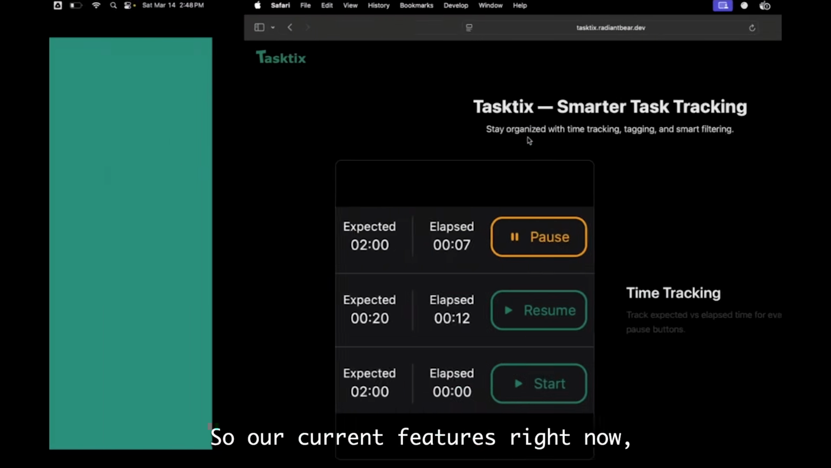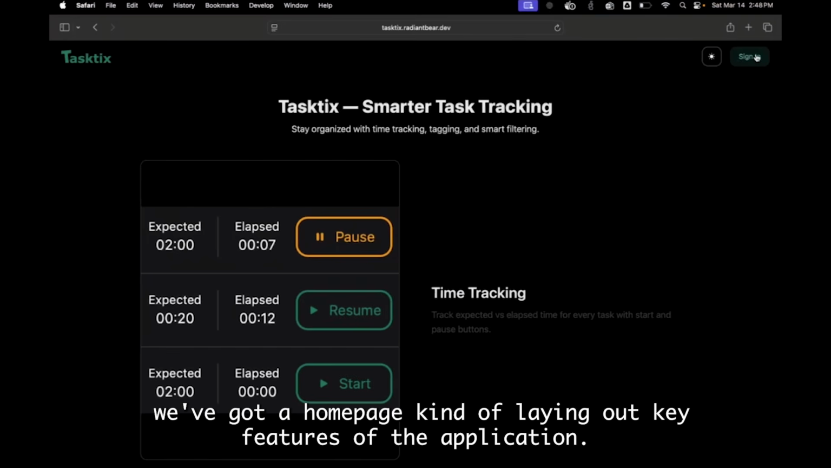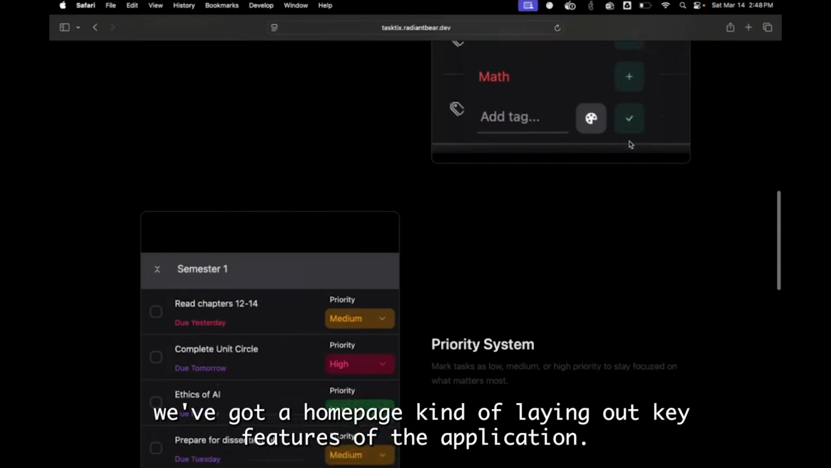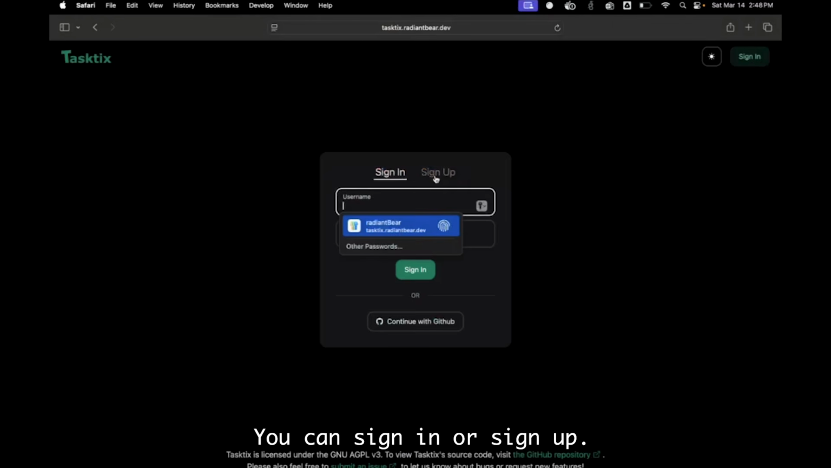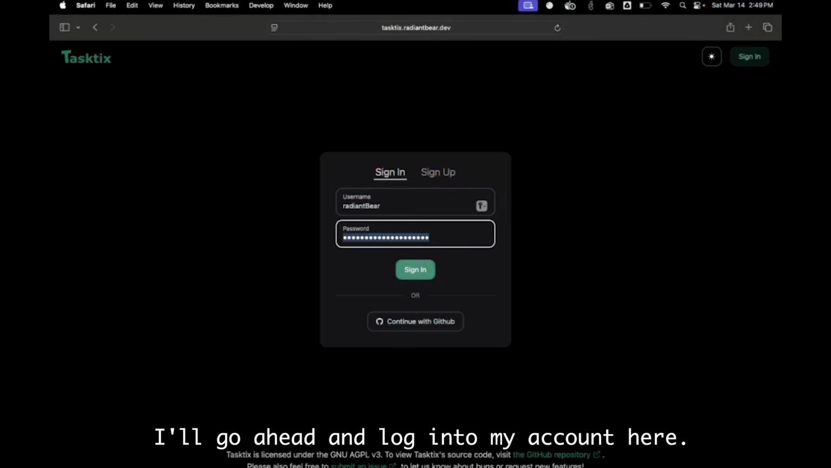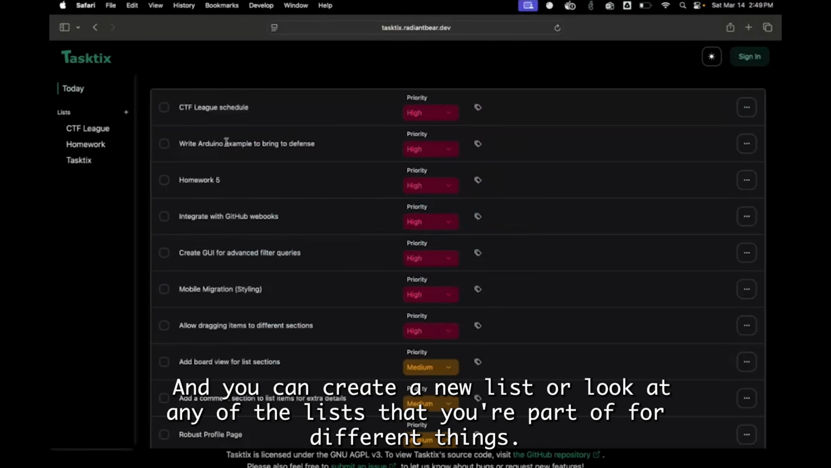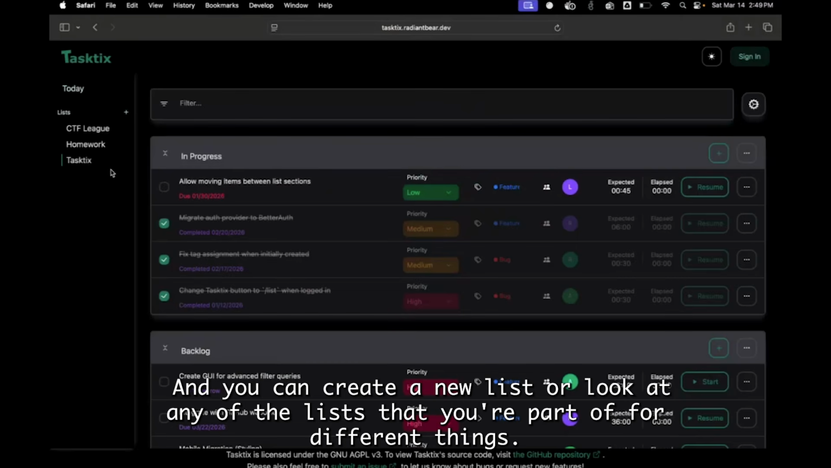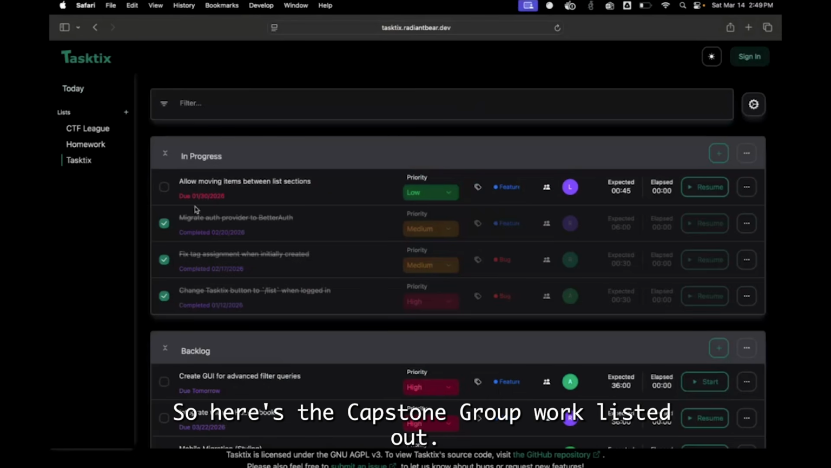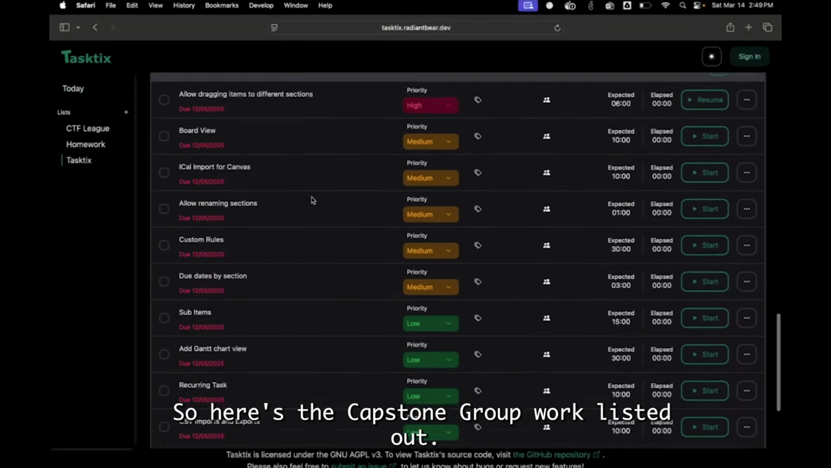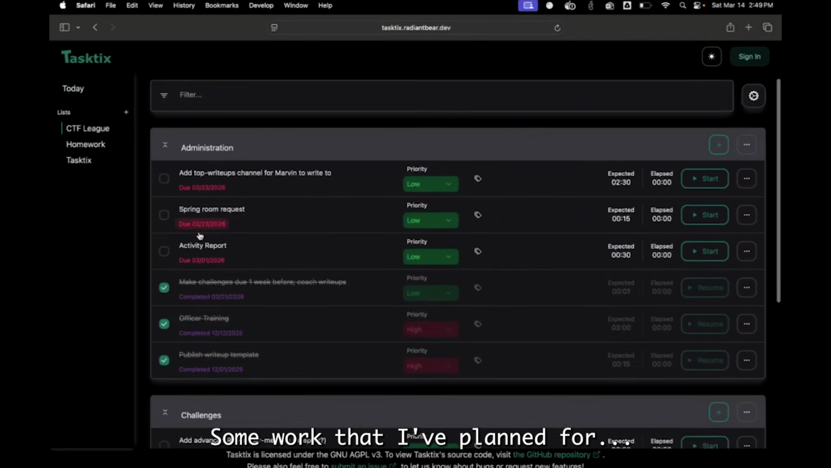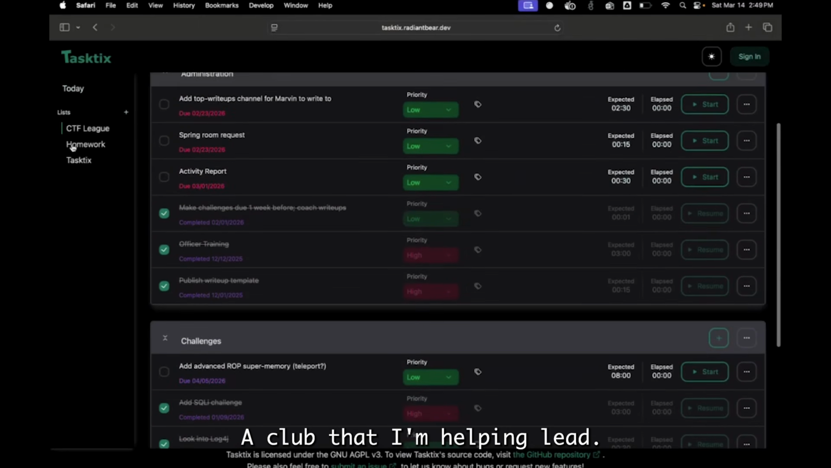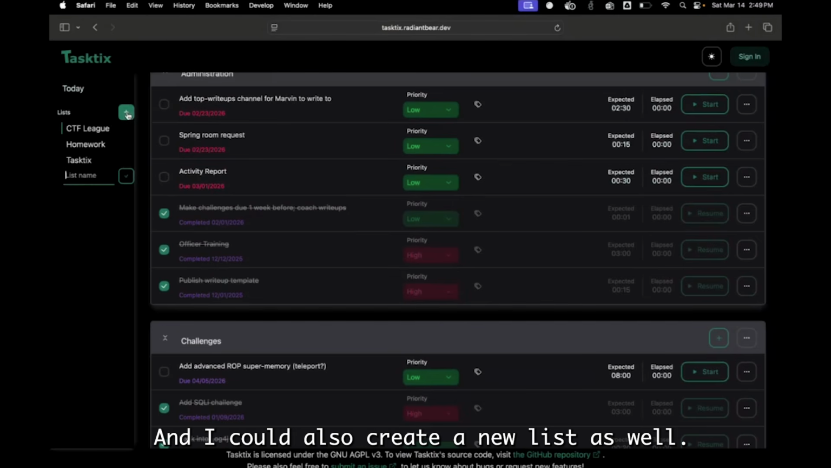So our current features right now, we've got a homepage laying out key features of the application. You can sign in or sign up. I'll go ahead and log into my account here. And you can create a new list or look at any of the lists that you're part of for different things. So here's the Capstone group work listed out. Here's some of my other homework. Some work that I've planned for a club that I'm helping lead. And I could also create a new list